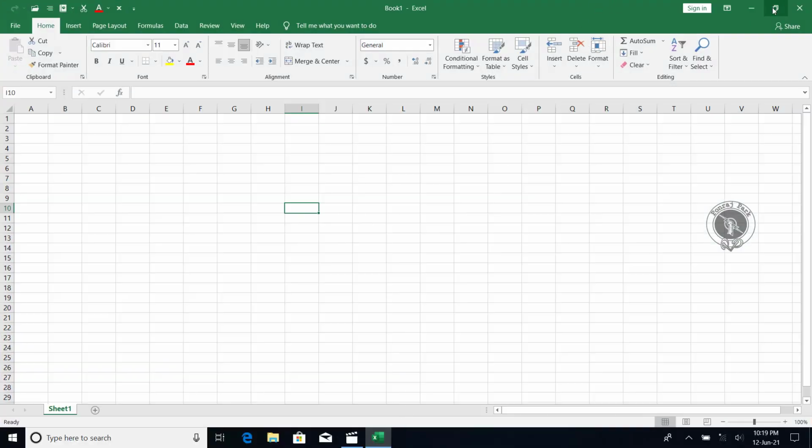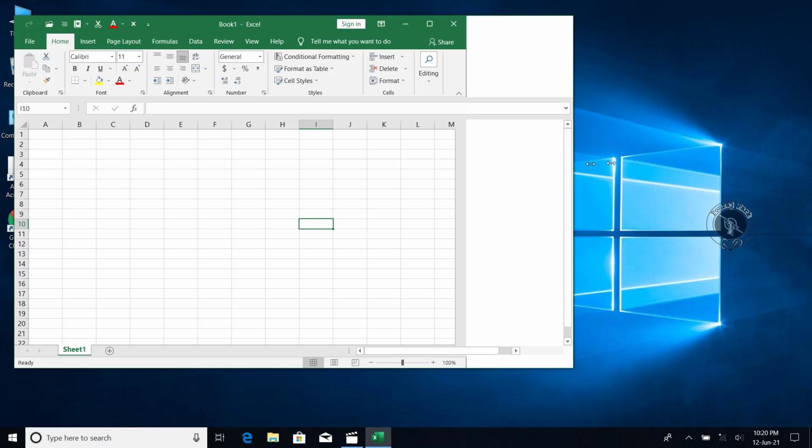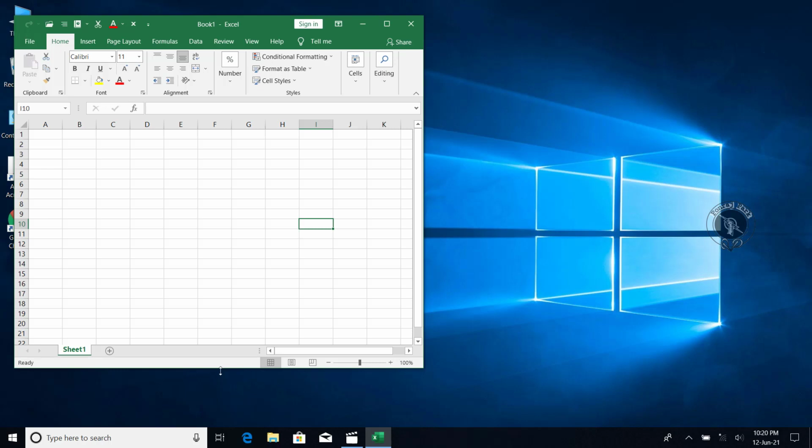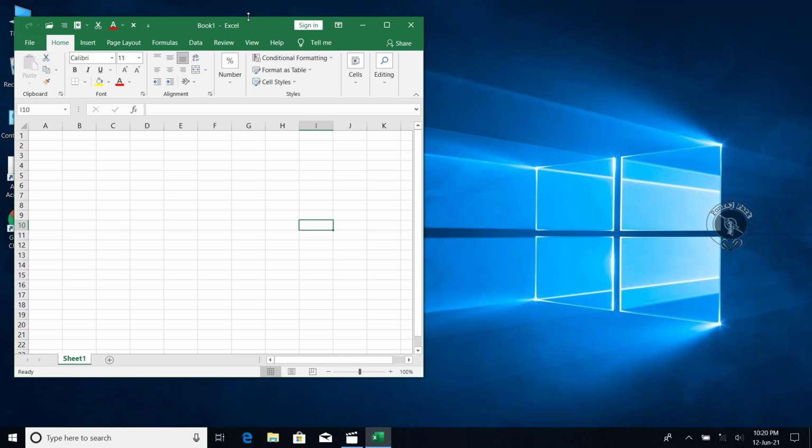The next thing is restore down, and this is mostly used to resize your window while working, like resize your file, I mean this Excel file. If you click restore, you will see that you can easily resize this smaller or bigger, whichever size you want. Why, you may ask, do you need this resizing? Mostly when you have another Excel file in another window, and you want to copy something from that file, or verify something from this file against that file, that time you may need to work in Excel like this.